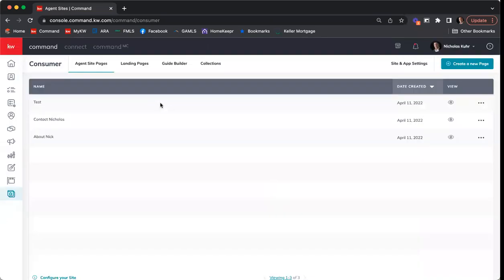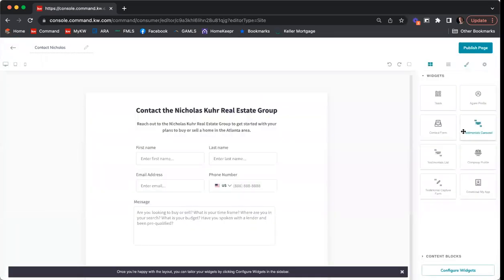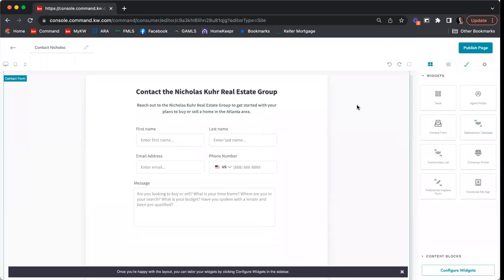So that is how you can go in and make or edit that first page. You can do that same process for any of the other pages that you have. So here for the contact page, I can click on these three dots, click edit. It's going to take me right back into this page. And here's the contact form. So that way, if someone is on my website and thinks, oh, actually, I really do want to reach out to Nick,